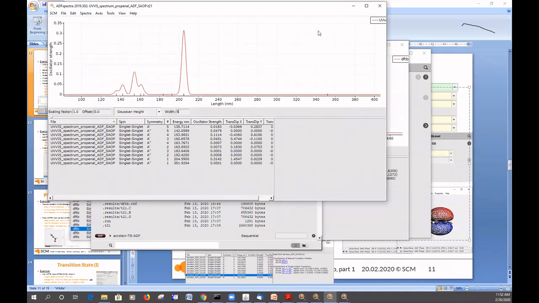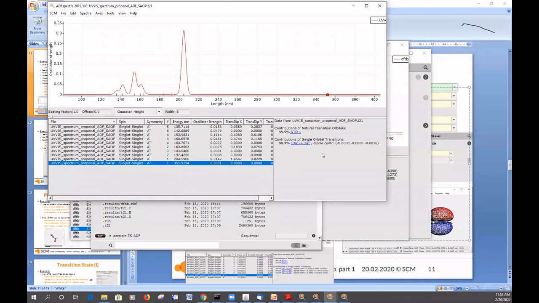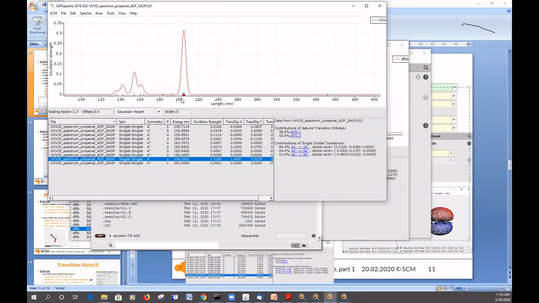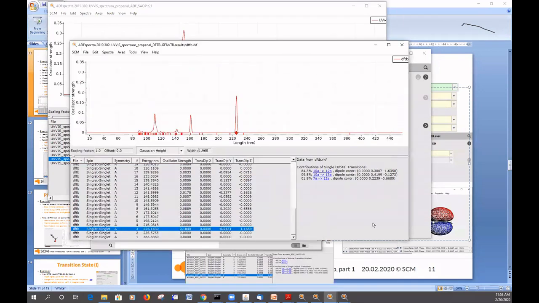In this case, by default, we've only calculated the lowest 10 excitations. If we're interested in visualizing the single orbital transitions, I think we looked at this excitation earlier on, right? At around 200 nanometers, if we just look at the single orbital transitions, we get roughly